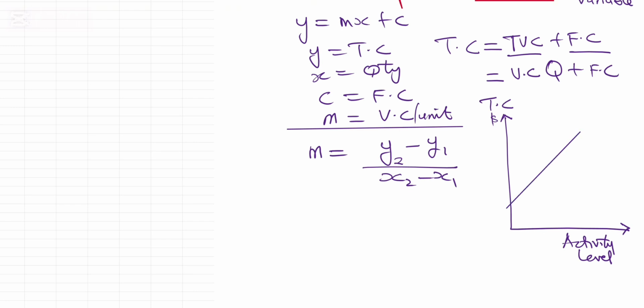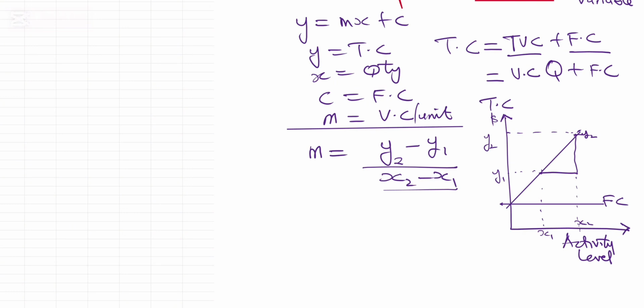It's a straight line relationship because when activity is 0, then the cost will be fixed cost at this point. And this line is our equation line, which is, if you find the slope of this line, you will see that this is y2 and this is y1. So this is y2 here, and likewise the x2 is here, and likewise x1 is here. So to calculate the slope of this line is y2 minus y1 over x2 minus x1,